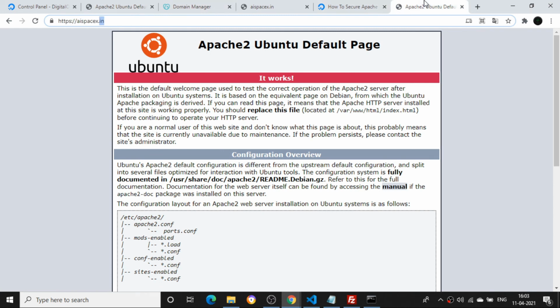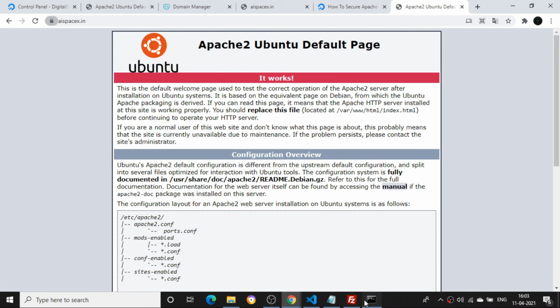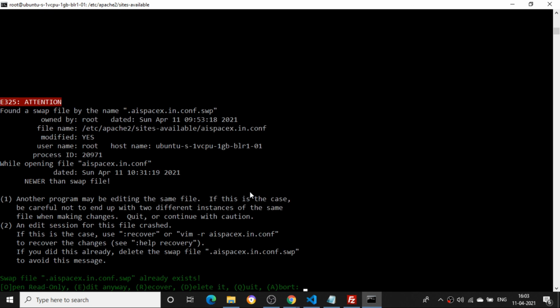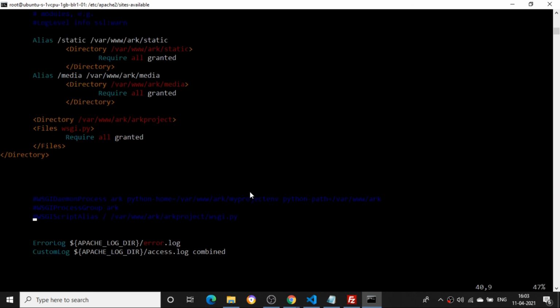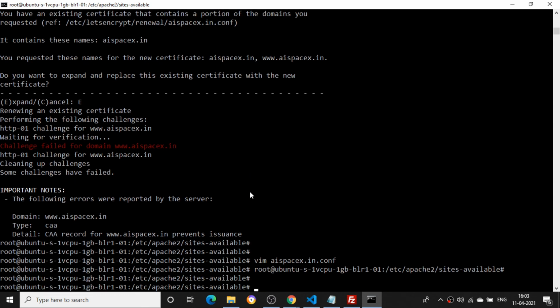You can see it is going to the configuration. I got an SSL certificate, you can see here, but I need to go back to this particular configuration. I'll enter edit mode and uncomment this. I'll uncomment this particular thing, then escape, put a colon, and enter wq. All the things are done.